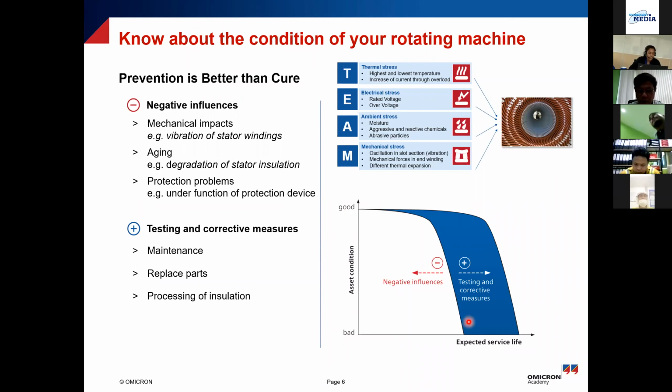And then again, the aging factor comes into place. So what I want to emphasize here is in the aging factor, during the life, there are several negative influences. So you have thermal stress, you have electrical stress, you have ambient stress, and you have mechanical stress. So all these negative influences will try to reduce your life. And what can be done is, and what people are doing already, it's not as if this is a new concept, but what can be done is you can make your testing and corrective measures in a more planned way,